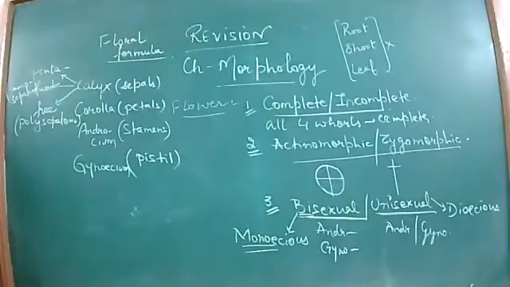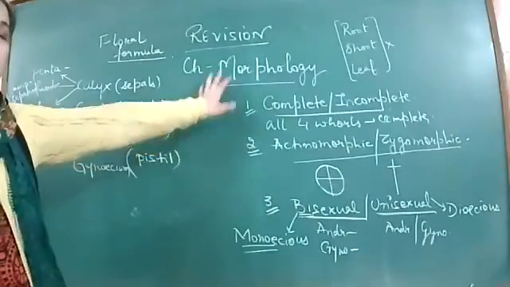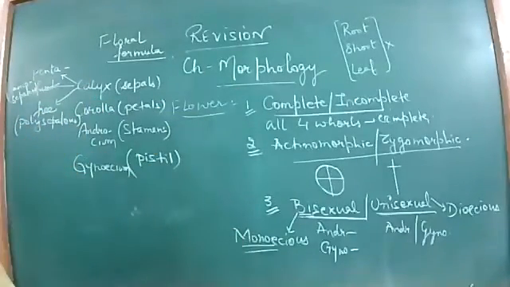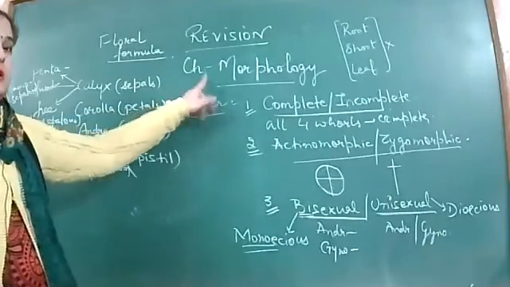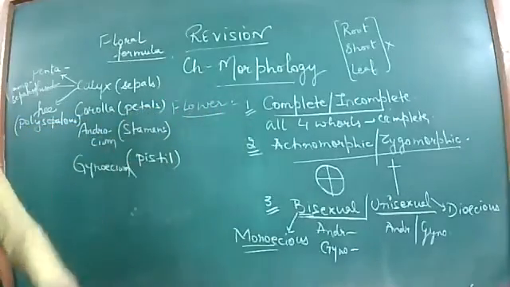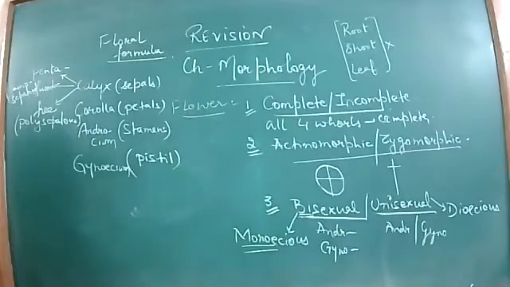These conditions will still be there for your questions, because what is there in this chapter is the whole flower. Whole flower means including all the 3 families also, their floral formula, their floral diagram, everything. So from the topic of flower in this chapter, till the last, everything will come, fruits, seeds, everything, okay.